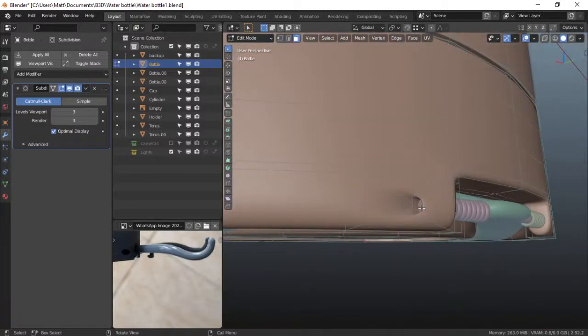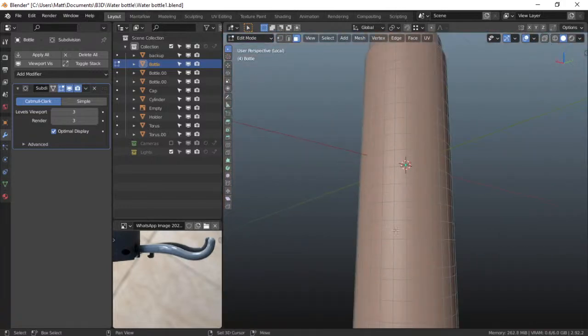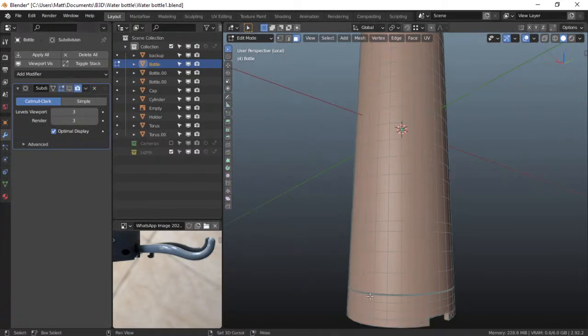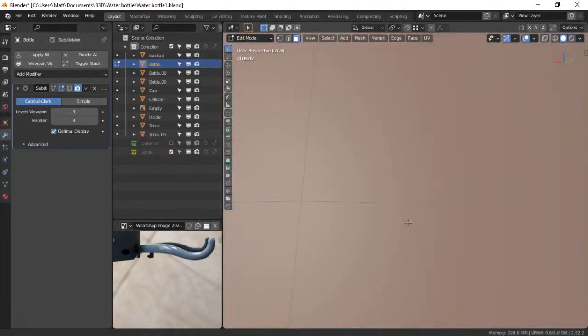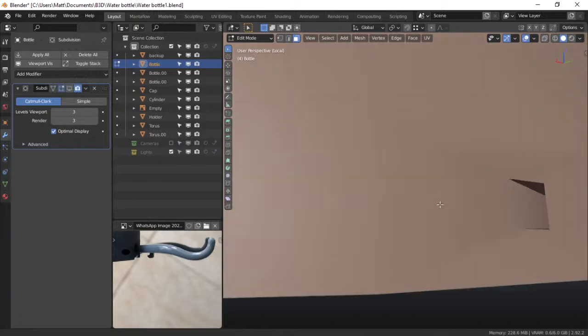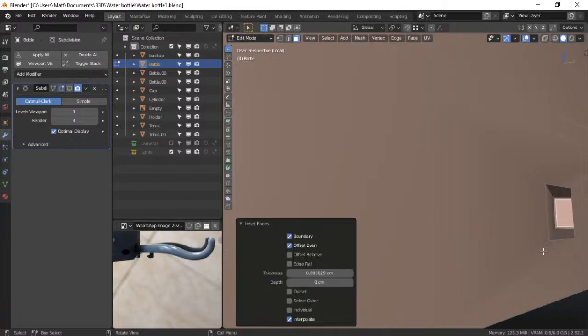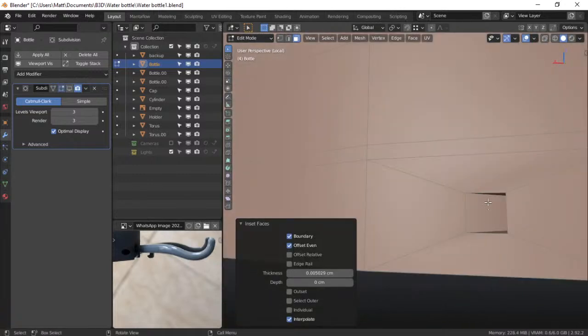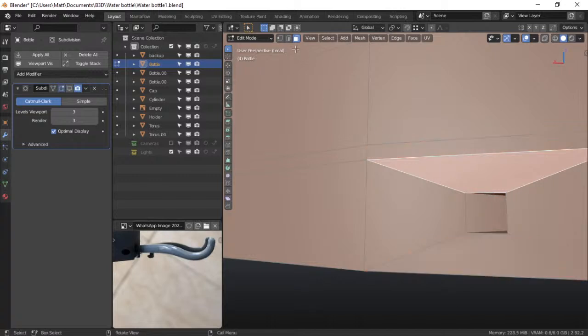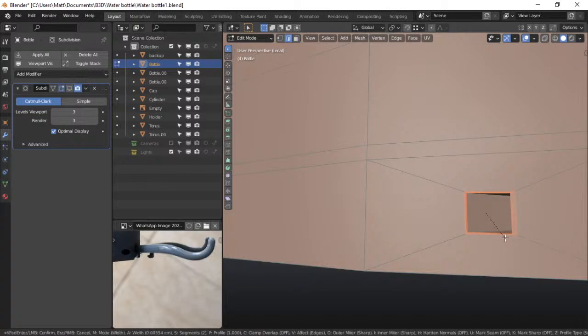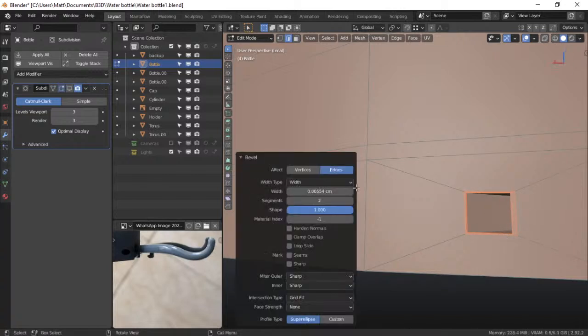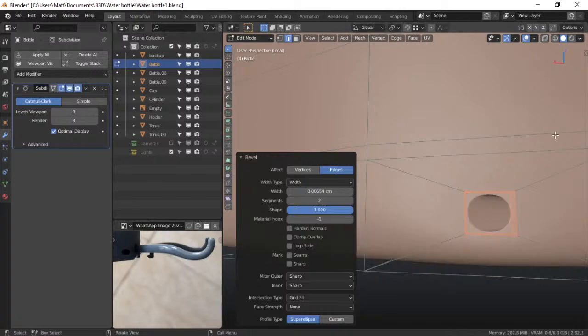Now what we could do is again turn off the subdivision surface so we can see what's going on. And we have that face still selected. So we gotta hit I to inset. And these faces here, you could actually bevel those. See how that turns out. If you turn on the subdivision surface again,